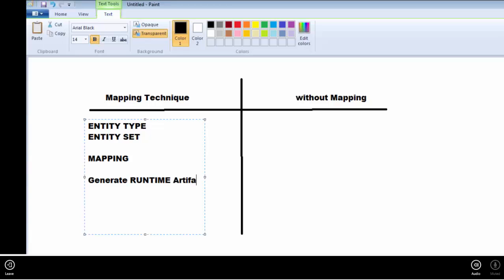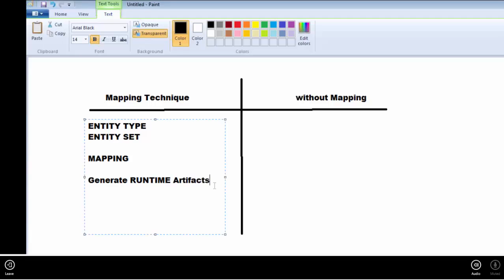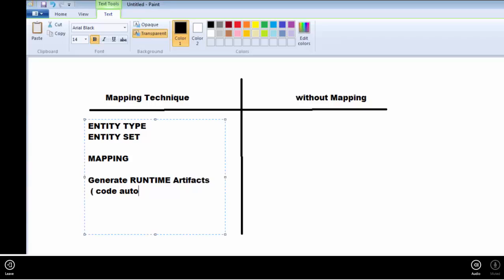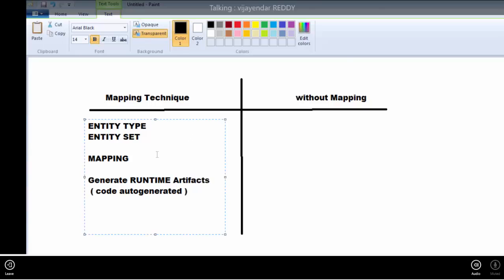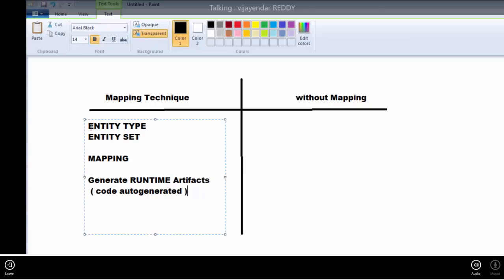Entity type, entity set, mapping, then generate runtime artifacts. In this case, code is auto-generated. So this is the step-by-step procedure in mapping. But in case of without mapping,